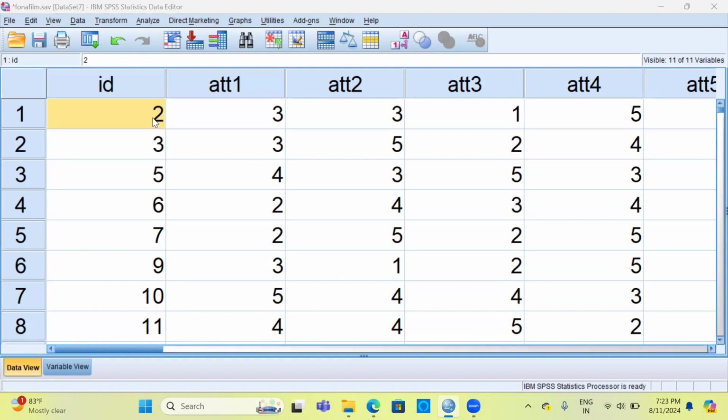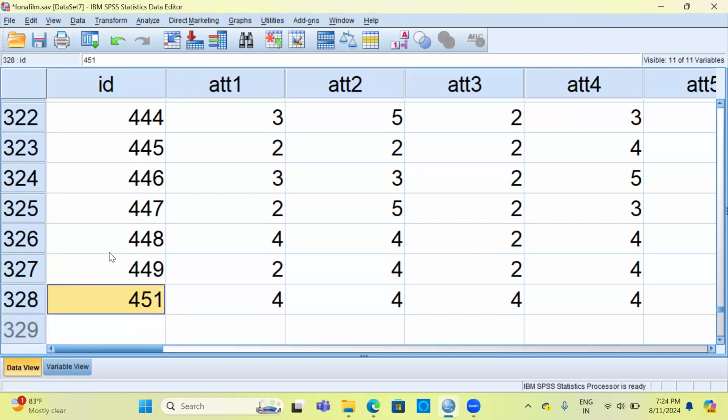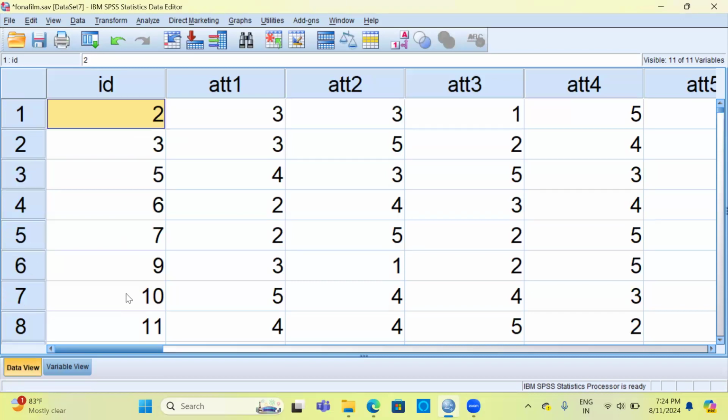Let me begin by introducing to my audience the data set that I'll be working on in today's video. This is a data set called the phonofilm data set. This is from the media and entertainment industry. There are 11 variables in this data set. The first variable is the question ID. I've got a sample of 328 records, which means we have information from 328 participants on the way they derive